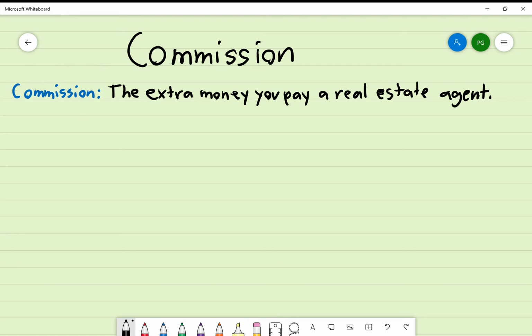So commission is defined as the extra money you pay a real estate agent when you buy a house. And please notice the key word extra. It's something more. It's something additional that you pay. Alright, now